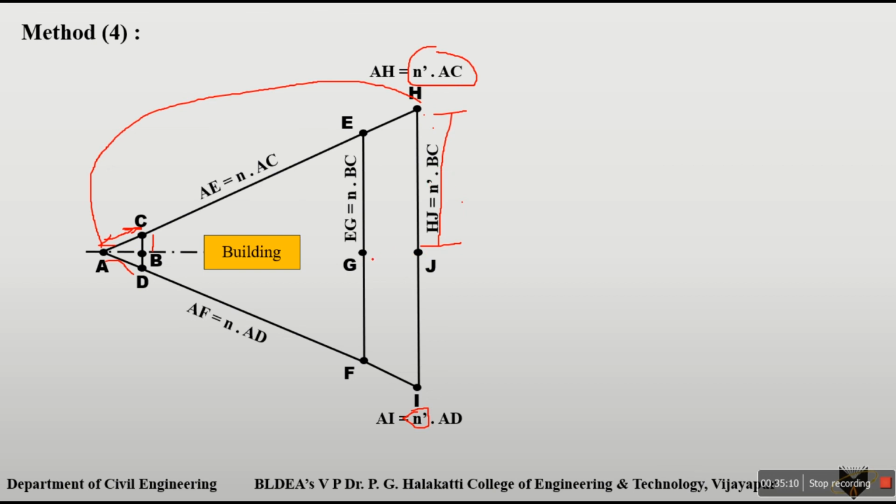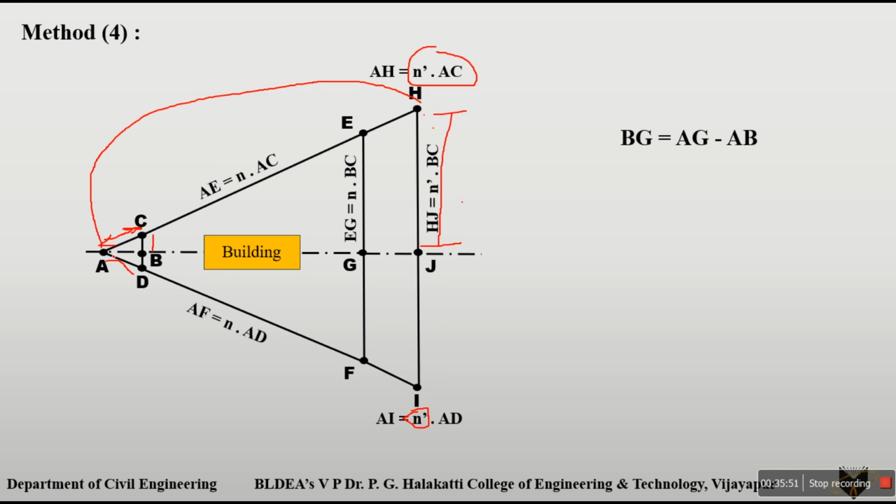Now you are getting these G and J points. Just join these, and we will get the continuation of our chain line. Now the last step is finding the distance of B to G. How will you find it? This is very simple, again considering the n times. BG is equal to AG minus AB. We will get BG here.